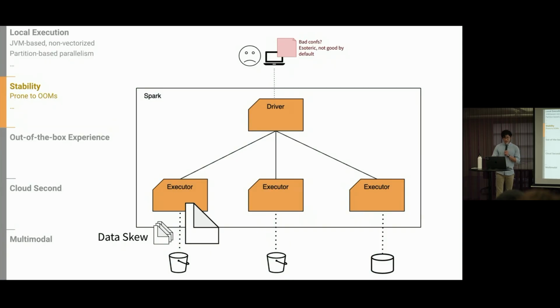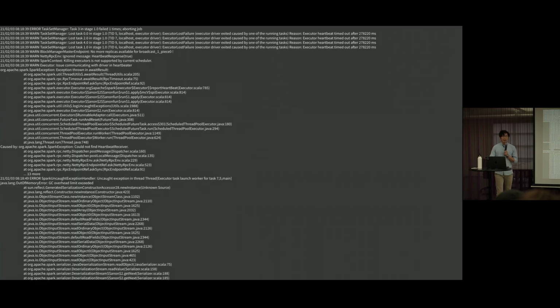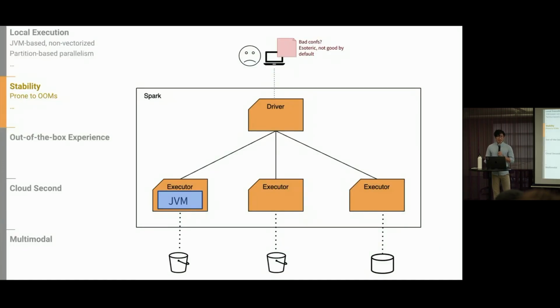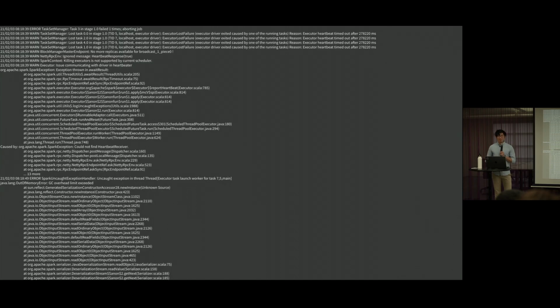Data has a lot of different properties. Sometimes your partitions have different sizes, there's data skew, and this results in OOMs. And not to harp on it, but with the JVM as well, people really love to use Spark and PySpark. The problem with this is you use a Python interpreter connecting to the JVM through Py4J. The memory model is not unified, and once again, you get a bunch of OOMs. I struggle a lot with this when debugging a lot of Spark issues, so it's a pain point.